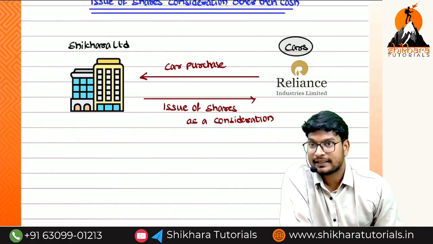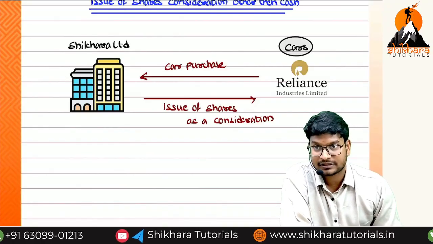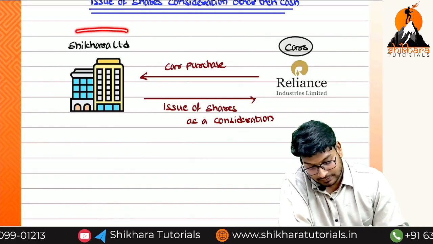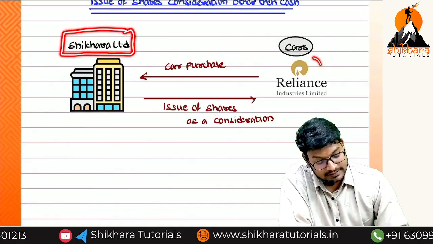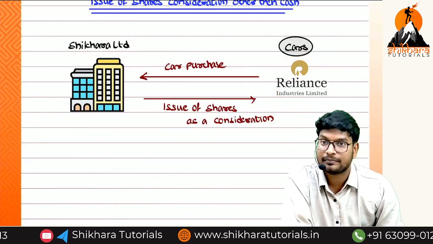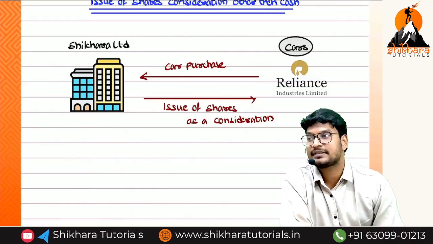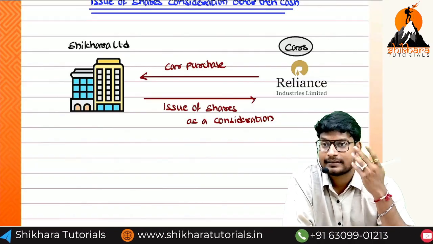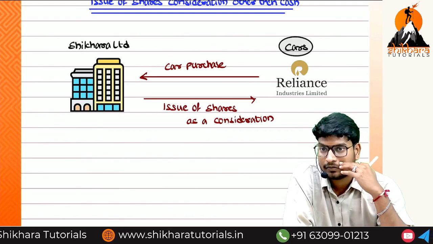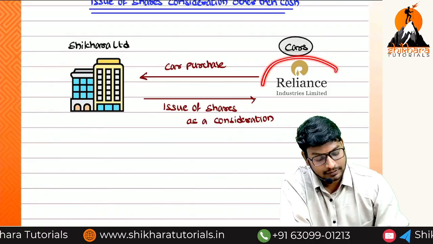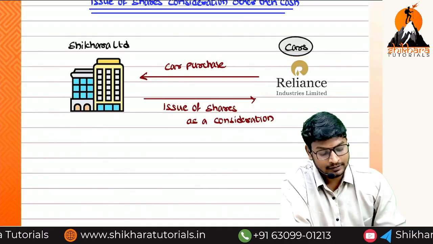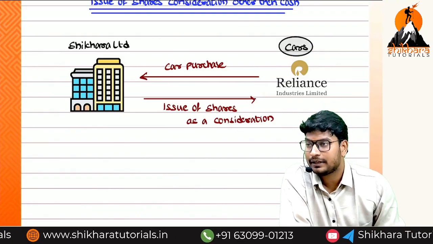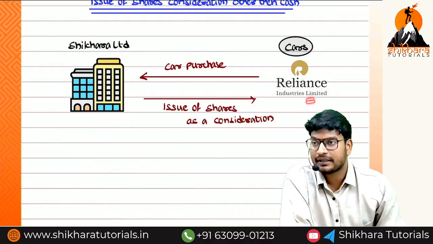First of all, we cannot directly write a direct entry. First we have to write the due entry. So what is the due entry? Imagine we are purchasing the car from Reliance company. What is the credit purchase of asset entry? Asset account debited to creditor account. Who is the creditor now? Reliance company is the creditor, and the asset is the car. So the entry is: Car account debited to Reliance Limited account.